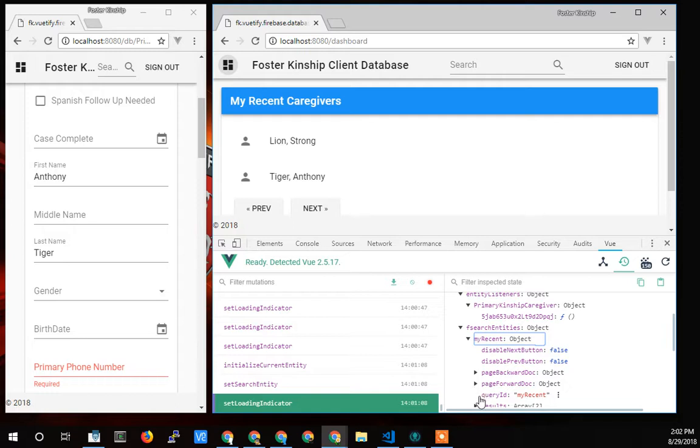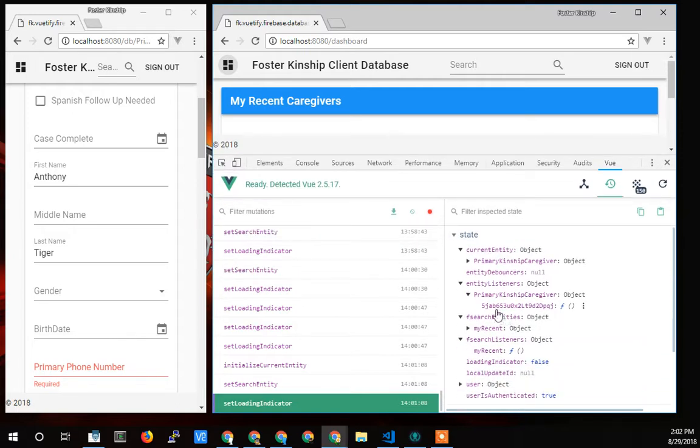So it's here in the results, which you don't necessarily need to see, but the thing to note is that I've got these two different onSnapshot listeners. This one makes changes to this guy up here, and this one down here makes changes to the data here. So that's two different listeners acting on two different sets of data, so they shouldn't conflict with each other. But what's killing me